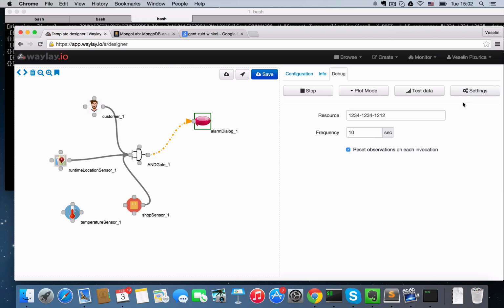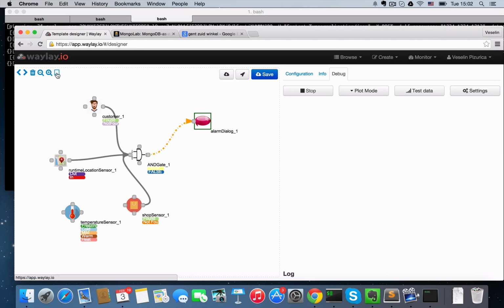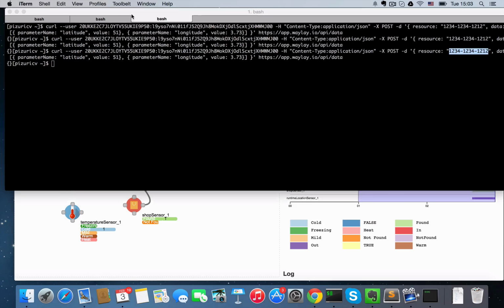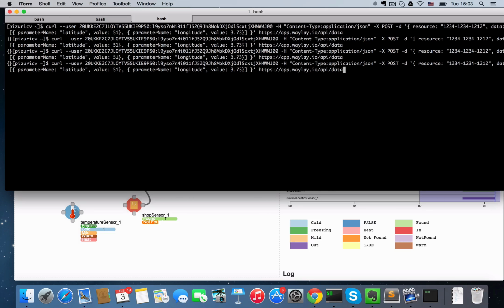As I do that, what we can see here now is that most things will be known by the system, and that will be the customer, that will be the weather, that will be the shopping item, because now I have the weather forecast and I know the customer. Nevertheless, I'm not going to propose yet to the customer to go shopping because he is not close to that shop. Now if I push the location,